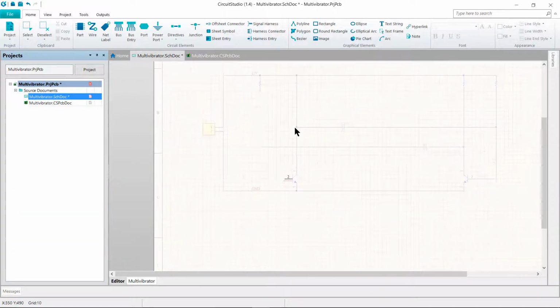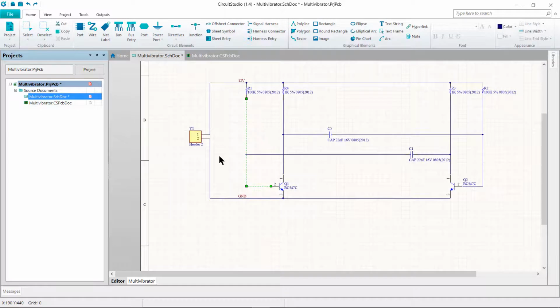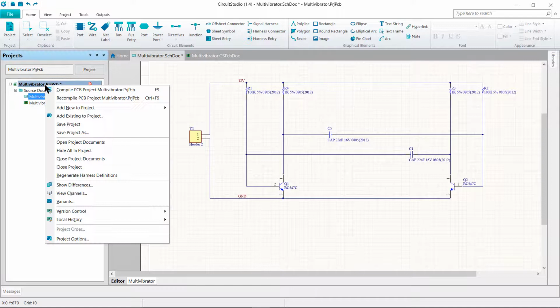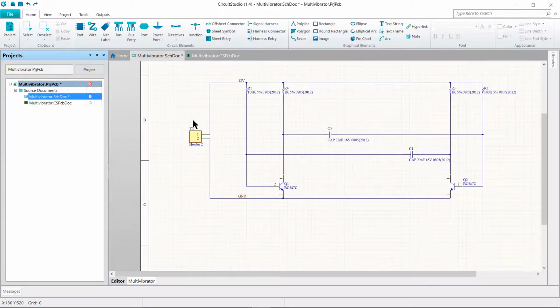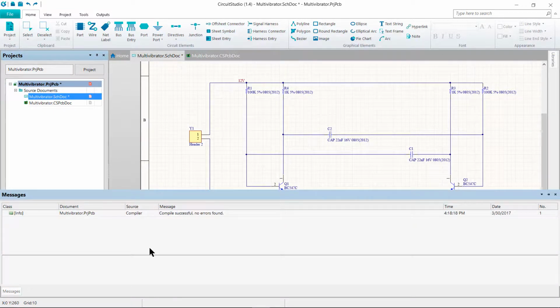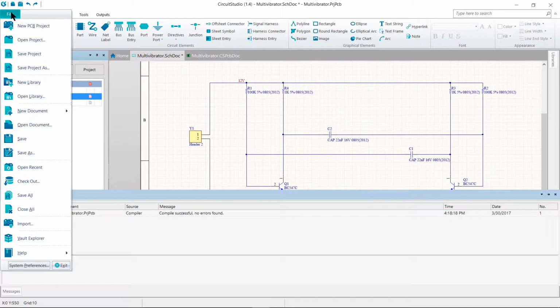Rather than redrawing the wire, we're just going to go ahead and press the Undo button or press Control-Z for the shortcut. And to check that the undo was successful, just recompile the project and check that no errors were found. The Messages panel should show no errors. Mine did not pop up, but let's go ahead and take a look at it just to make sure no errors found. And then let's go ahead and save our schematic and our project because we've made changes in both